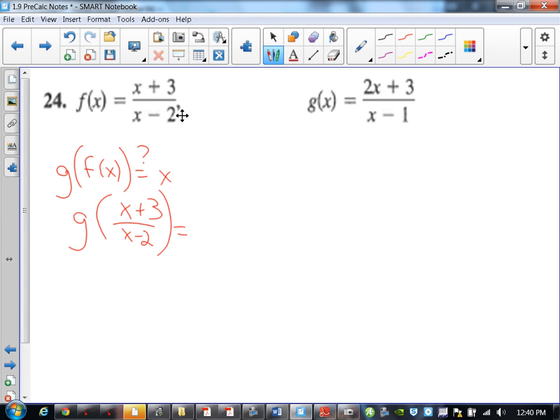Okay. So now we'll do this one. We get 2 times the quantity x plus 3 over x minus 2, plus 3, awful, over